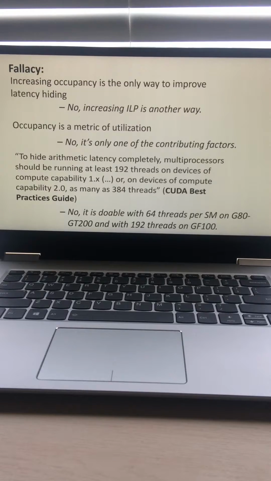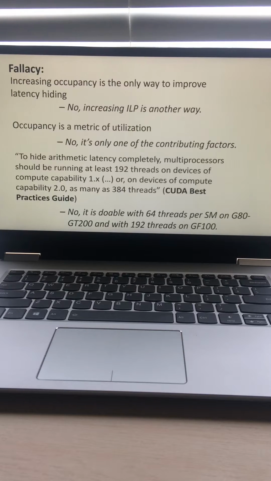So we can see that where it was once believed that increasing occupancy is the only way to hide latency, we can also do that by increasing the ILP. We can also say that occupancy is not the metric of utilization, it is just one of the